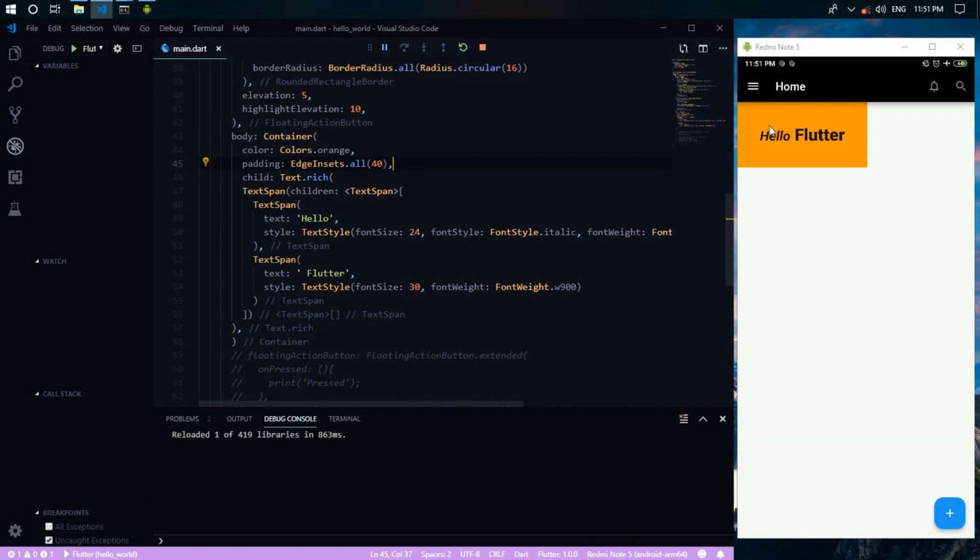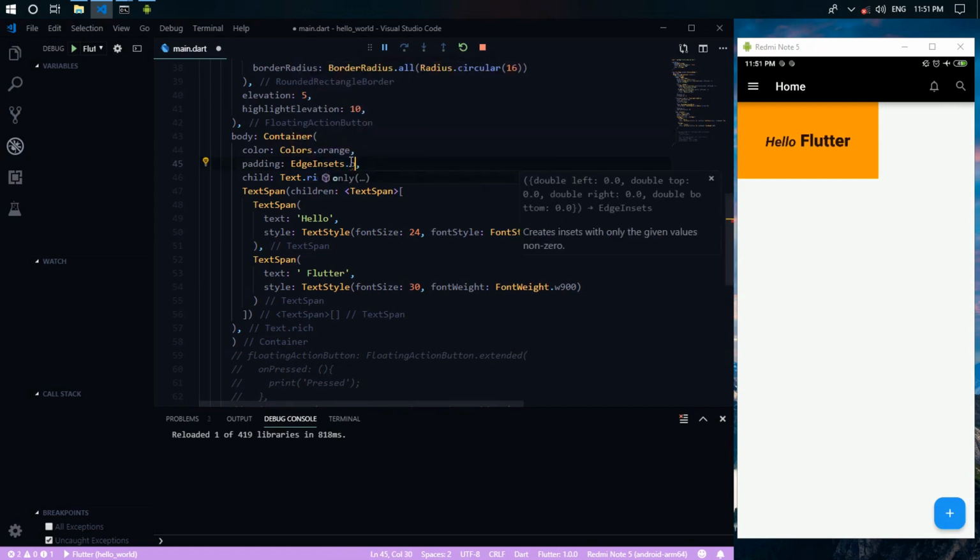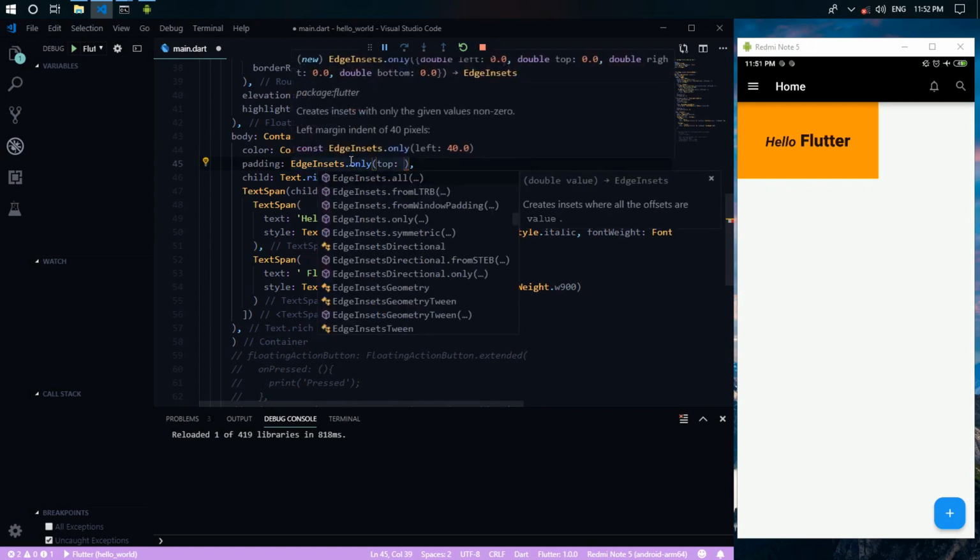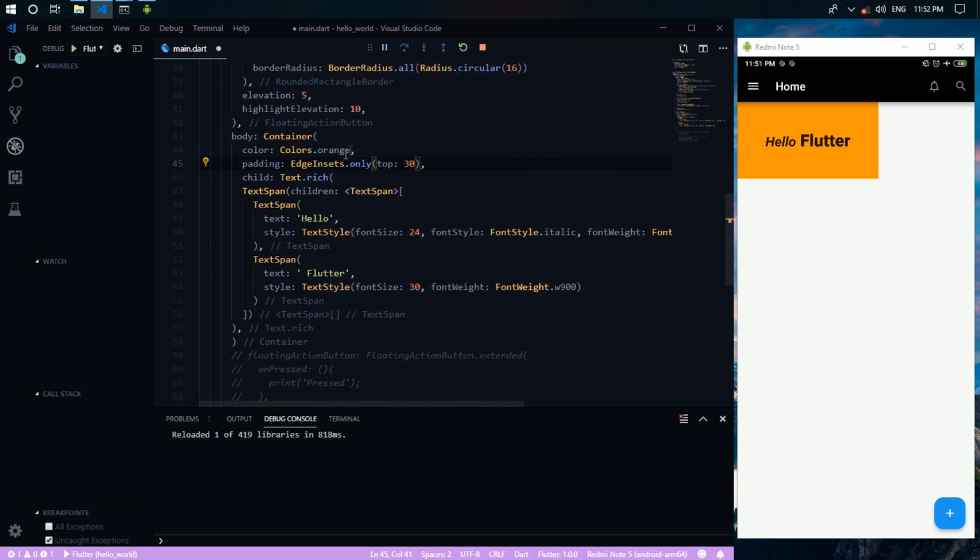This container has padding. We can set other padding, 50 maybe, and we can use EdgeInsets.only, and inside this we provide top, maybe 30, and just hot reload, and from the left we want to set it to 20.